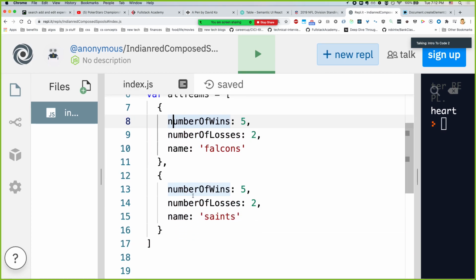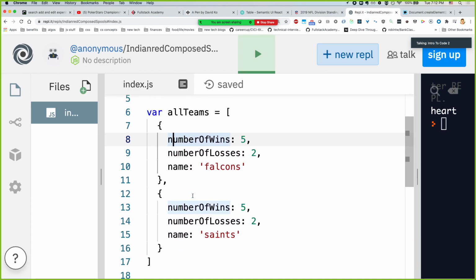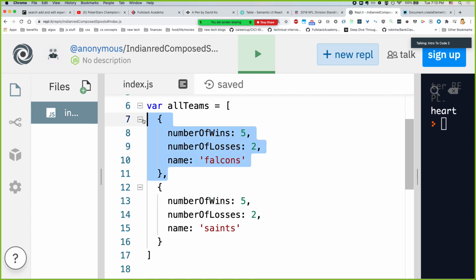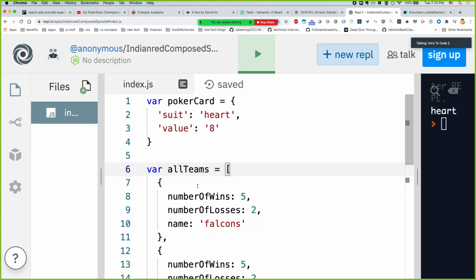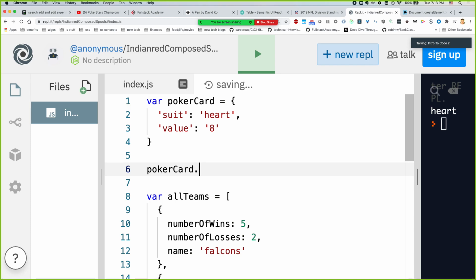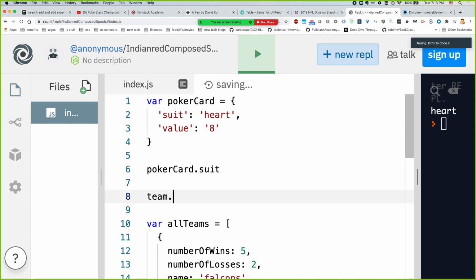And where does this data come from? It probably comes from a server, which is just the NFL's computer data center, and they probably have a bunch of databases with this information in the tables, and then as the web application, I ask the server, can you give me this data? And the data will come in this form. It can just be an array of objects, and I'm gonna access that object in that array, access those properties, and we saw how to access properties like poker card dot suit. Same thing would be like team dot number